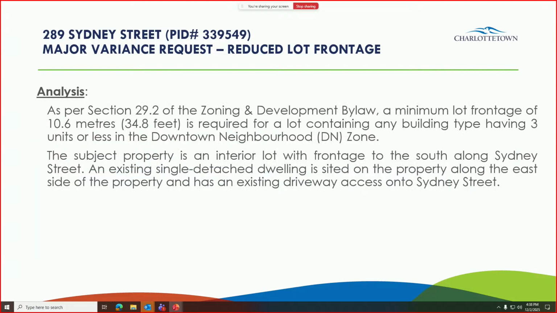Just expanding on our analysis, as per Section 29.2 of the zoning bylaw, a minimum lot frontage of 10.6 meters is required for a lot containing any building having 3 dwelling units or less in the downtown neighborhood zone. The subject property,